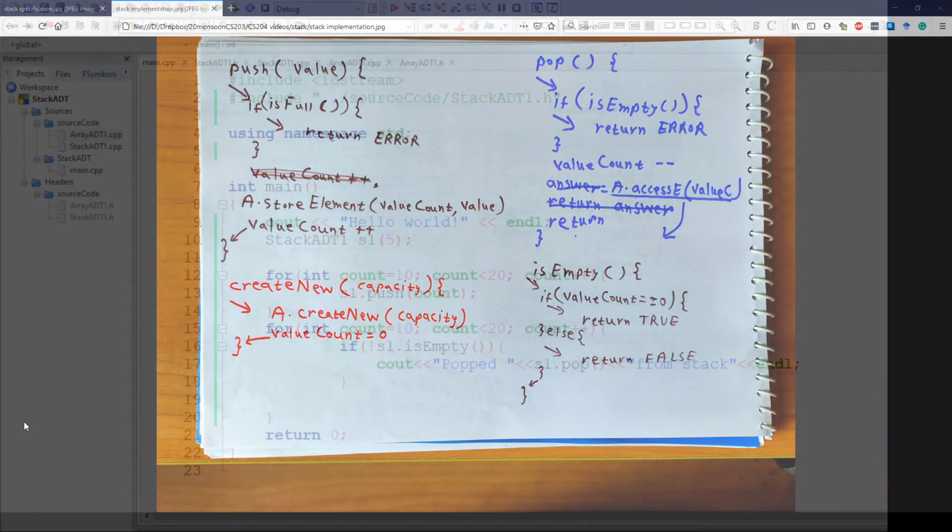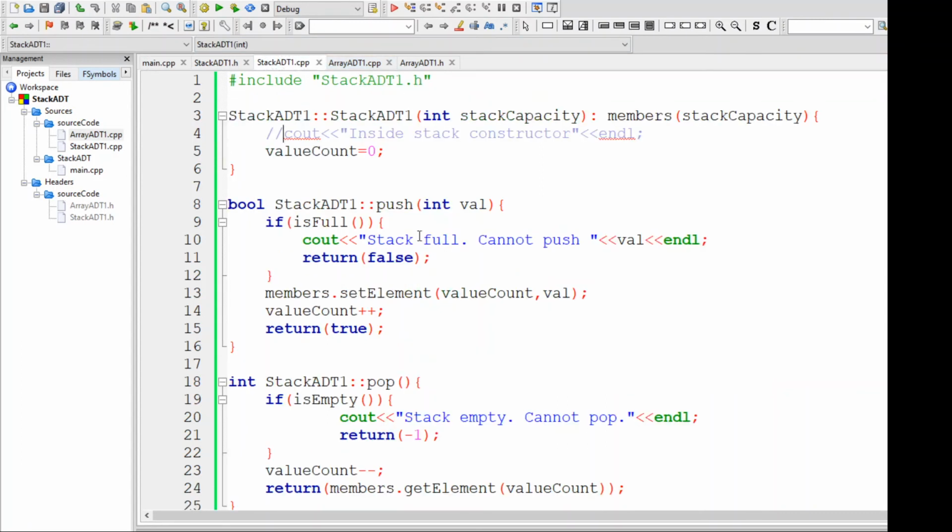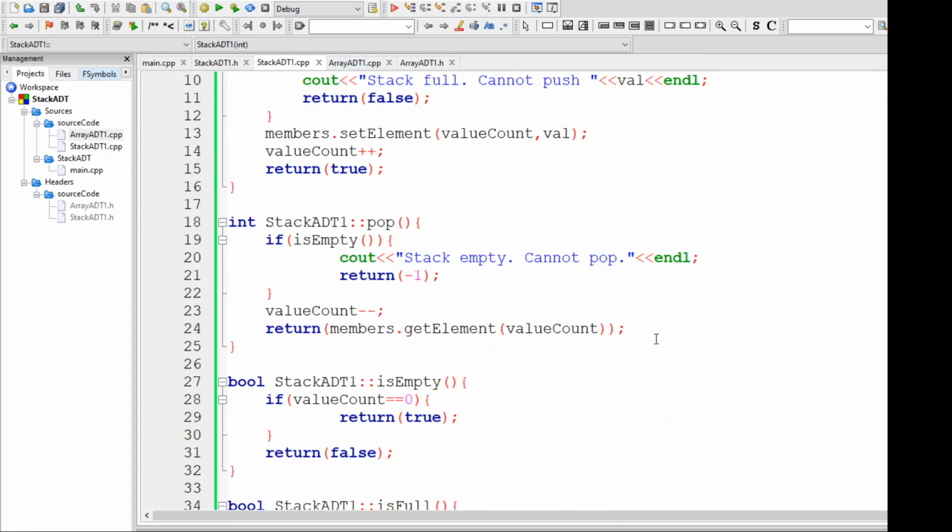Writing the code is simply the translation of your thinking on paper into the programming language syntax, and it doesn't take that long. So that's the main point to remember. That completes our stack discussion.